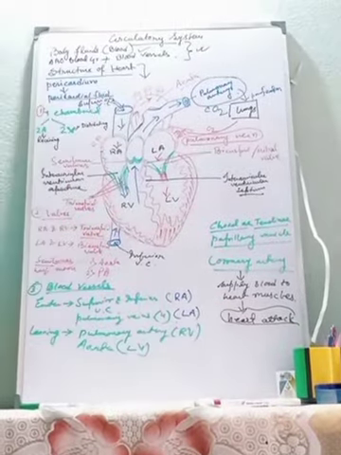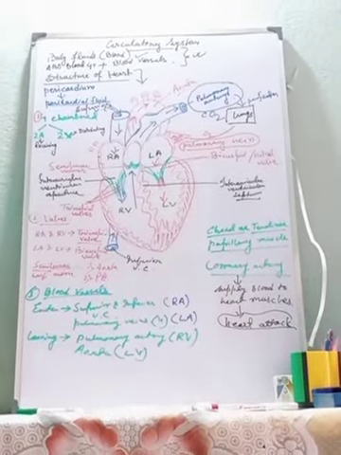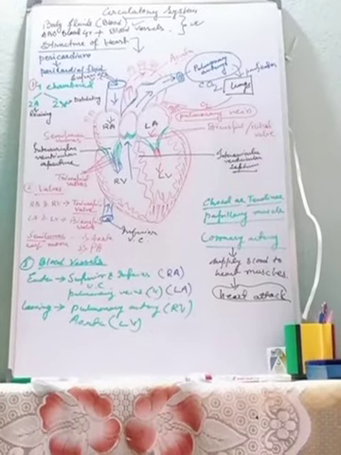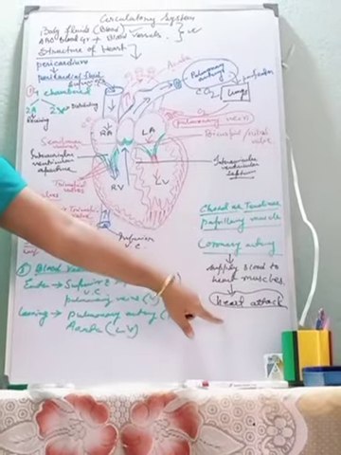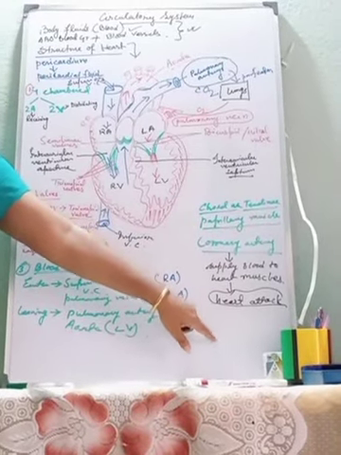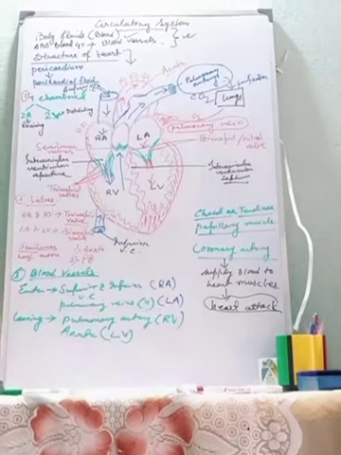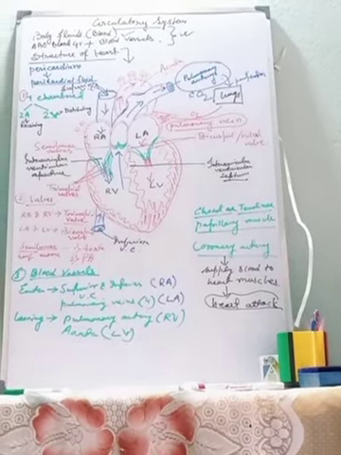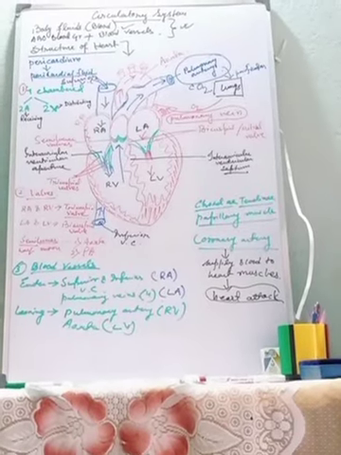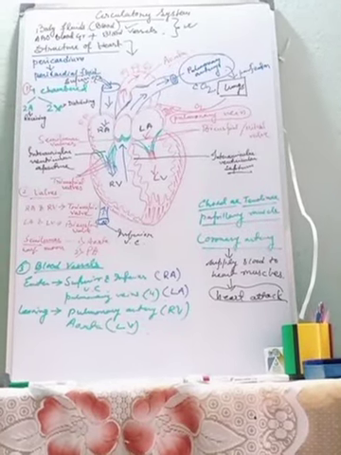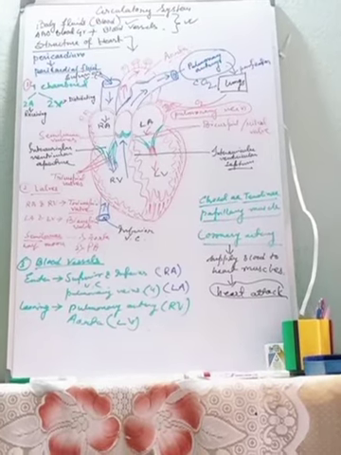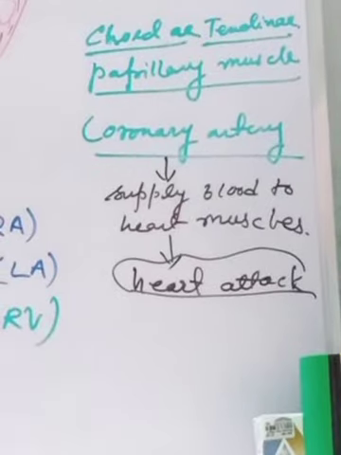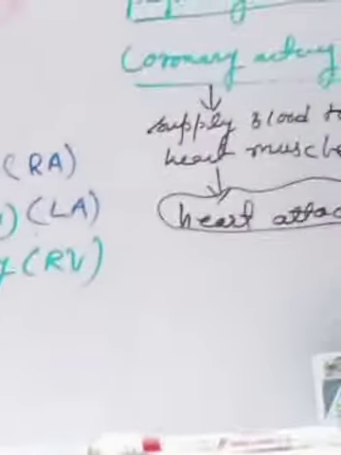If there is any blockage or insufficient supply of blood to the muscles of the heart, there occurs a myocardial infarction. Commonly we use the term heart attack for that. Clear? And sometimes another associated term occurs, that is called angina pectoris. That is also due to the insufficient supply of blood to the muscles of the heart. Similarly, there are some coronary veins which take the impure blood from the muscles and deliver it to the heart. Clear? So there are the coronary arteries.